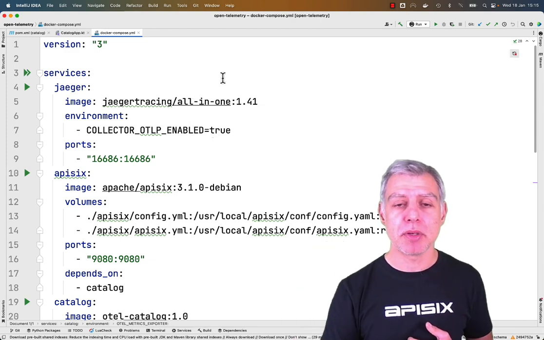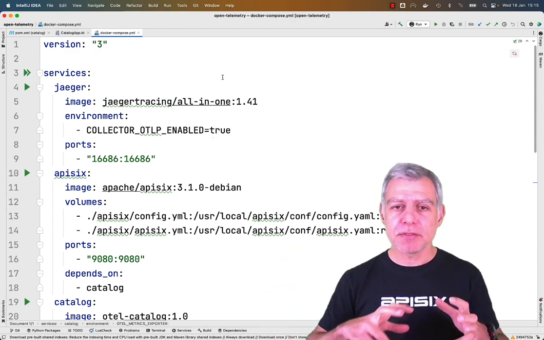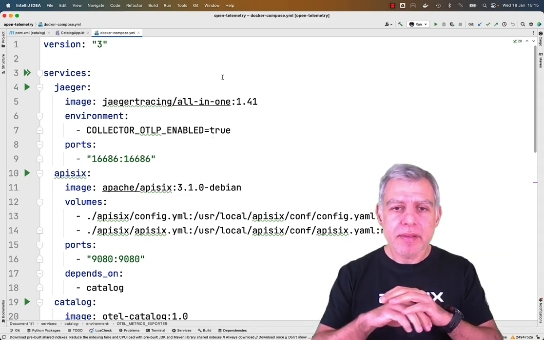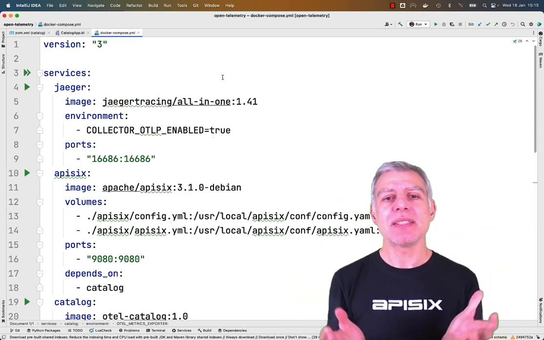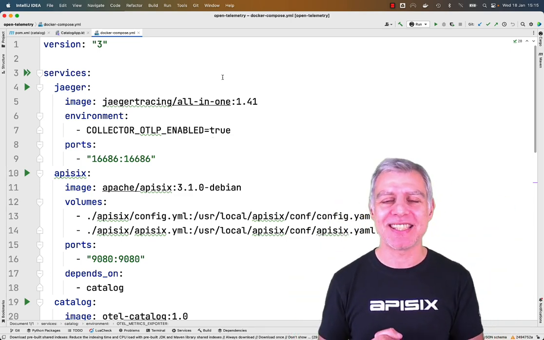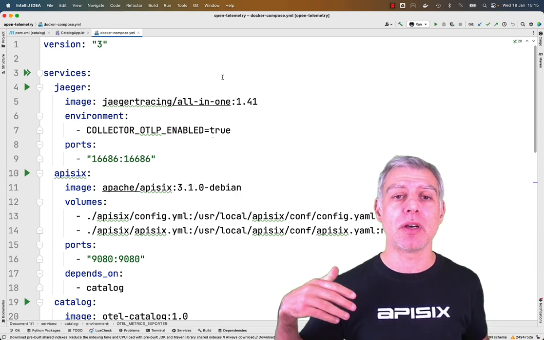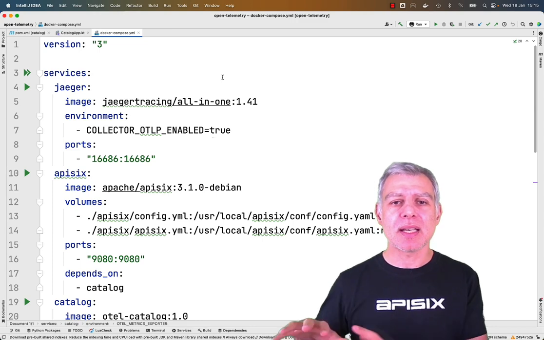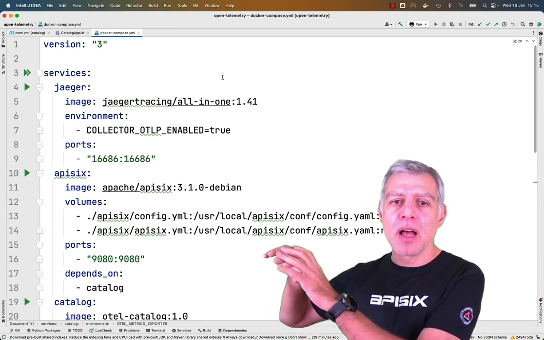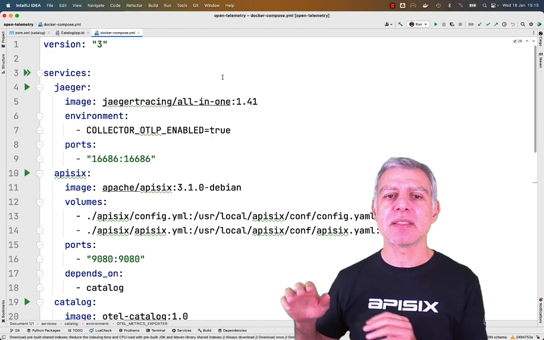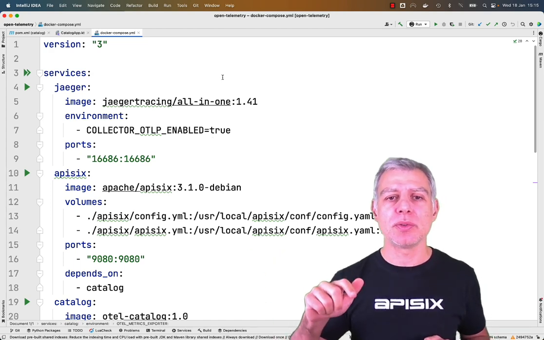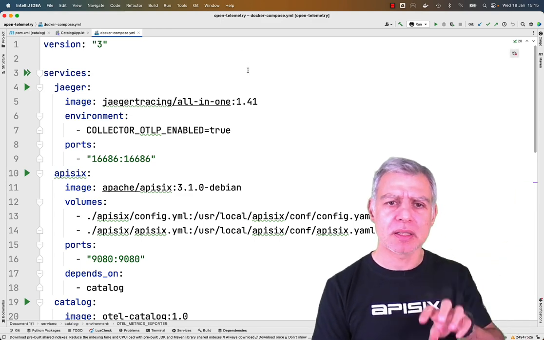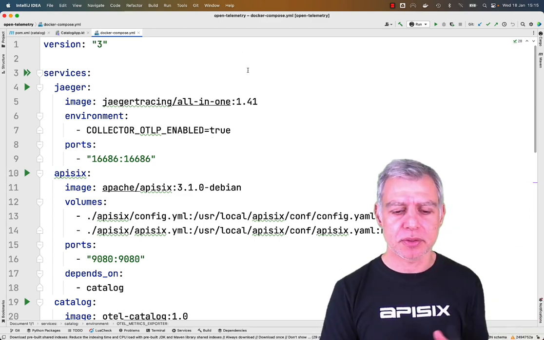Jaeger is available in multiple flavors. You can have different containers. For example, here I'm using the all-in-one, the batteries-included Docker image in this case. So I already have the OpenTelemetry collector provided by Jaeger. Well, it's not the OpenTelemetry collector, it's the Jaeger collector that allows an OpenTelemetry interface. So here I don't need to think about the architecture of Jaeger, I'm just using the Docker image that does everything.